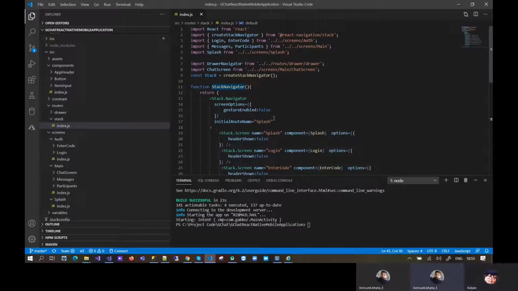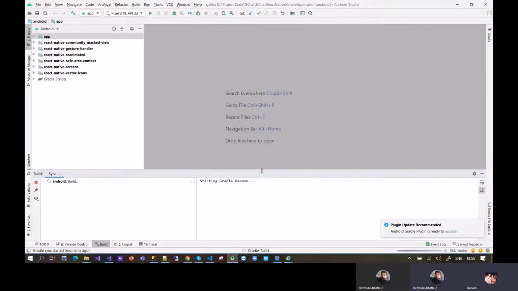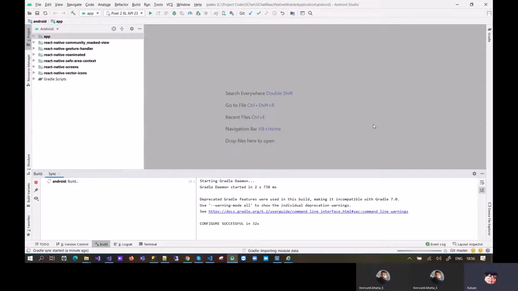So open this code in Android Studio for the local properties. Okay, it's done.